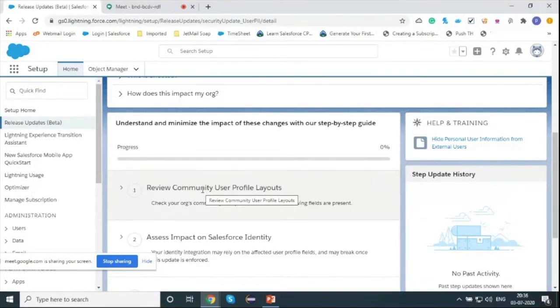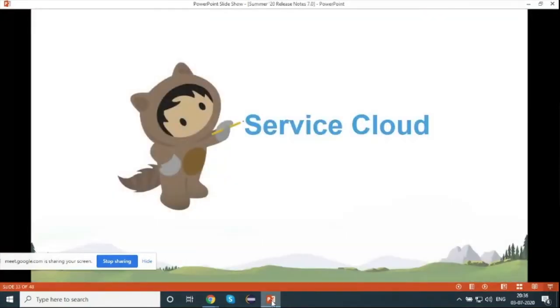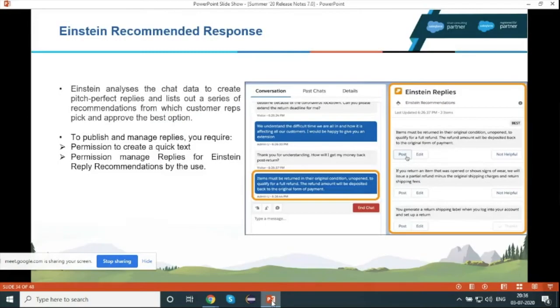On top of that, if you choose get started, it will give you the option to test your org to check that there is no critical impact on your org. So it will give you steps of testing also. It makes the life of an admin easier in handling the critical updates, I can say that.